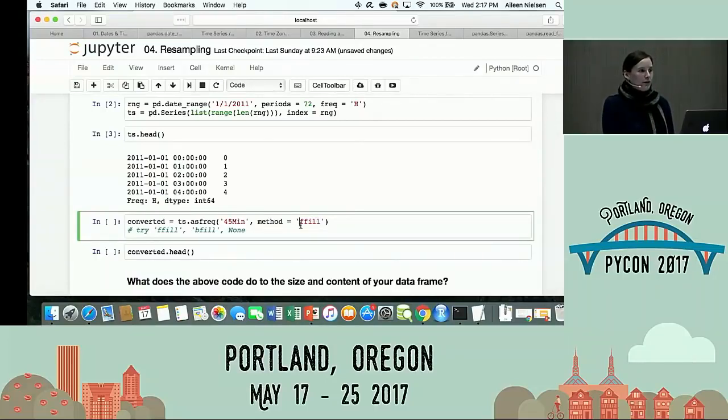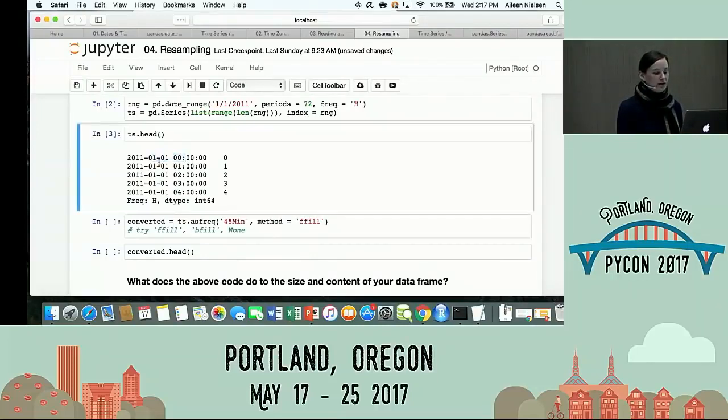Before you press enter, I'd recommend thinking about what you think forward fill means. Well, let's think about what our data looks like, right? We're starting with hourly data. We're converting it to every 45-minute data. So instead of this series of Jan 1st at midnight, Jan 1st at 1 a.m., Jan 1st at 2 a.m., I'm going to have a new series that looks different in two ways. It's both under-inclusive and over-inclusive in the sense that some of my data points will just be gone. For example, if I start at midnight, my next data point is 12:45. So I have midnight, which I had originally, but now I have a new time, 12:45.